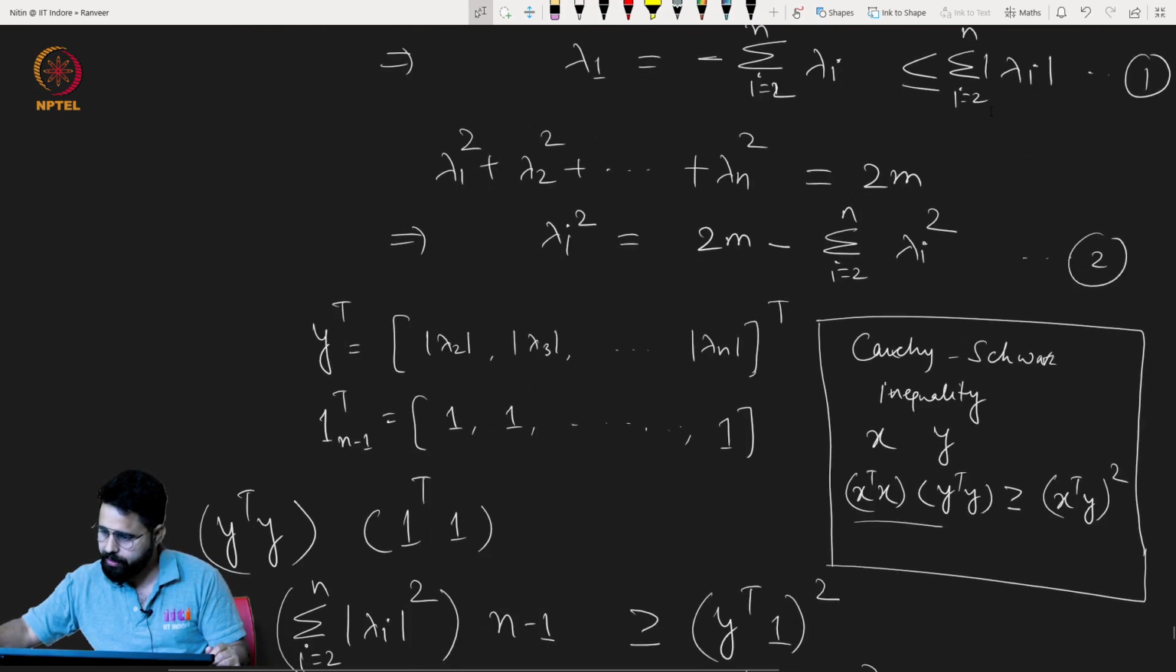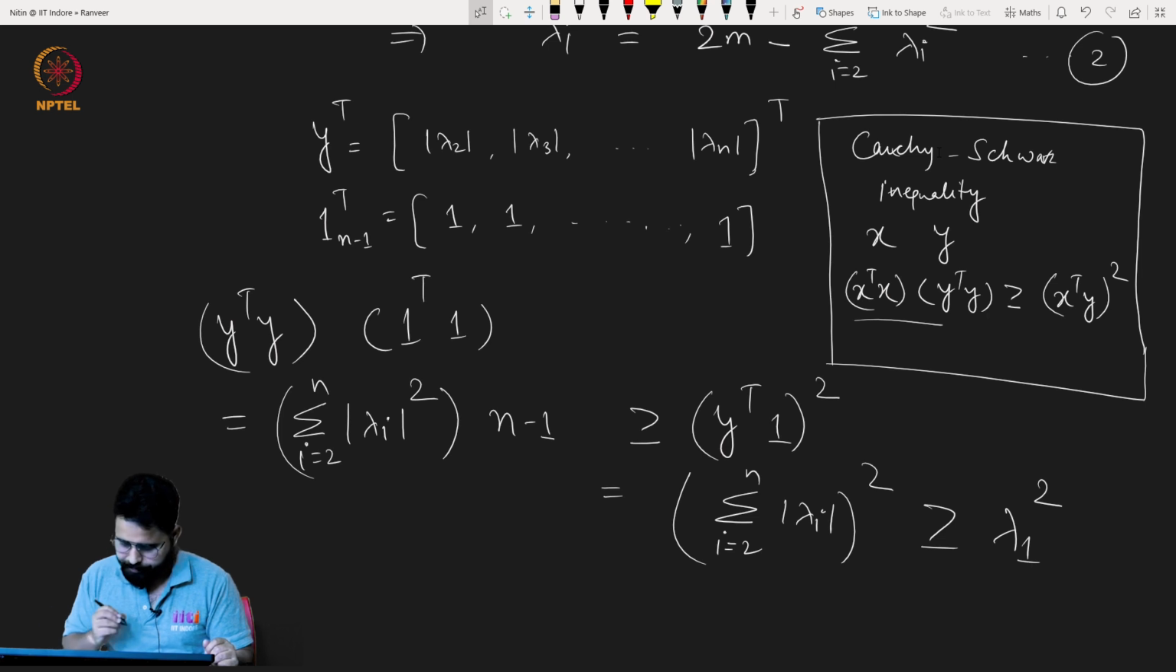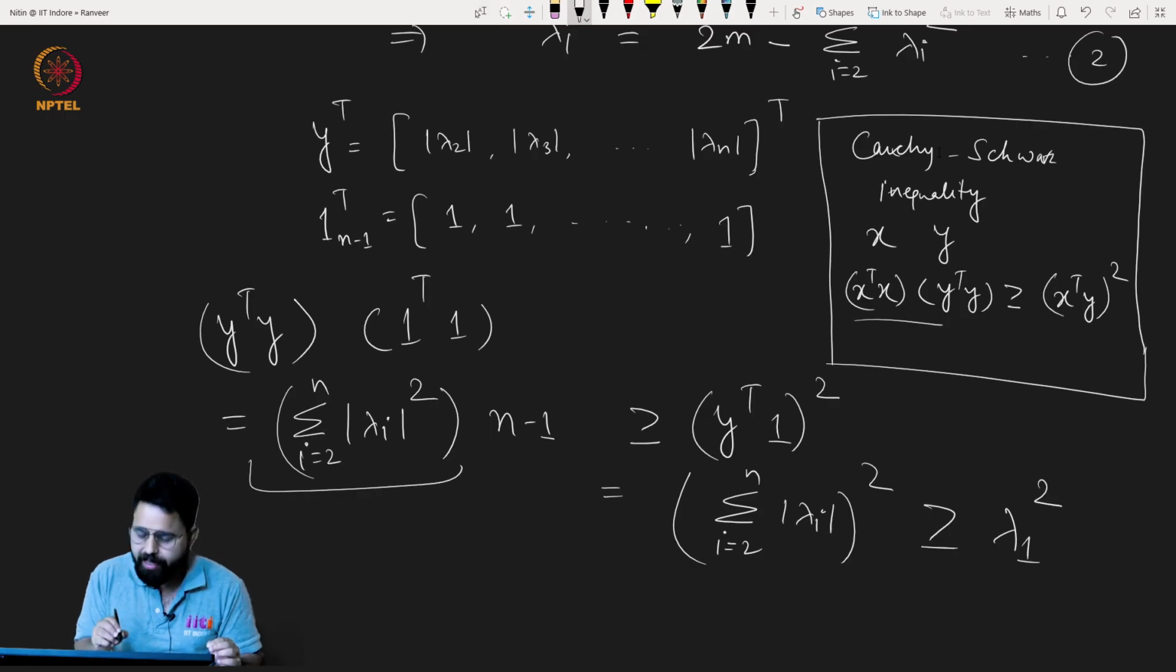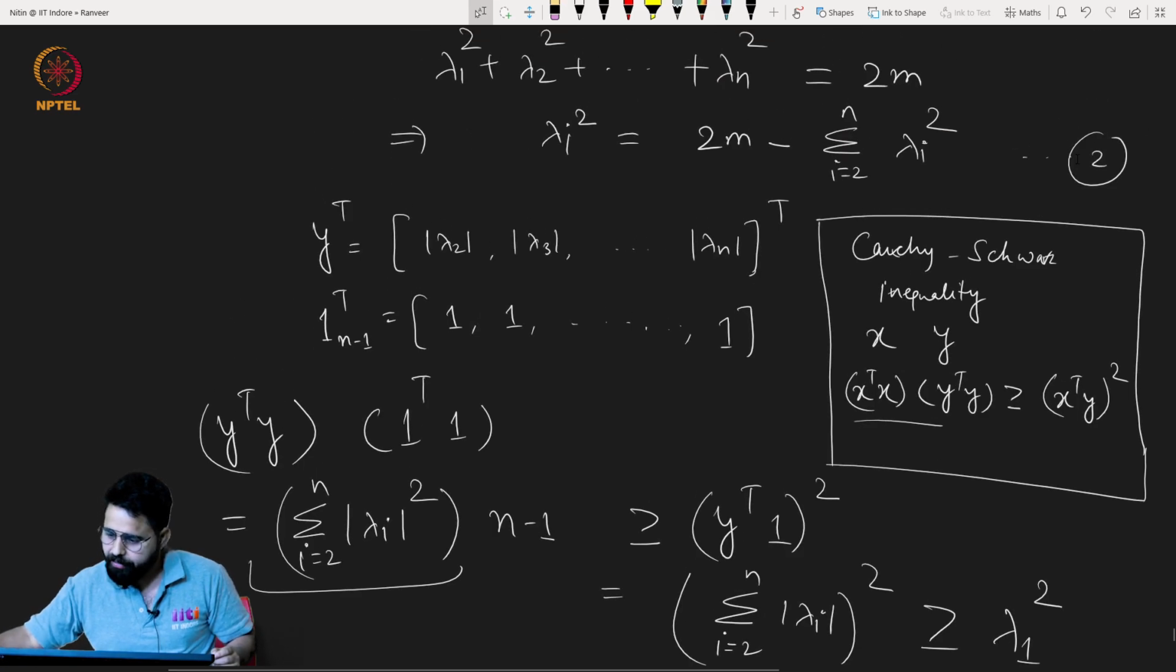I hope, yeah. So we know that this quantity is greater than lambda 1. So this quantity is nothing but greater or equal to lambda 1 square. Up to where it is correct, up to where it is clear. Now again, can I write this quantity in terms of number of edges and number of vertices? Then I think the inequality will be apparent, and fortunately